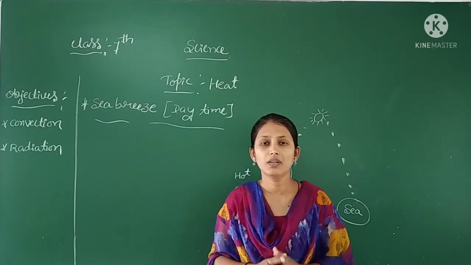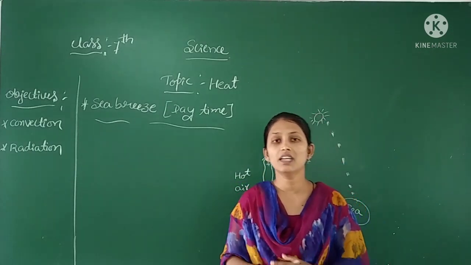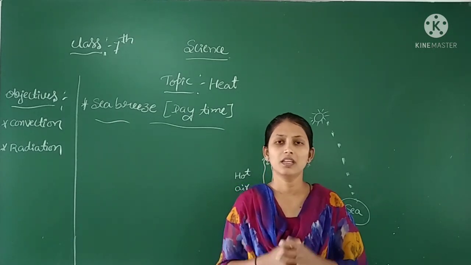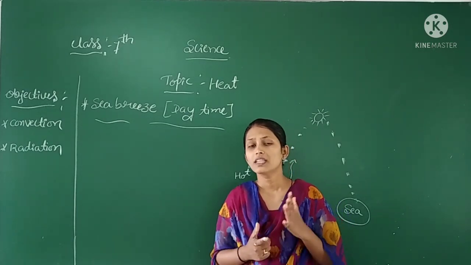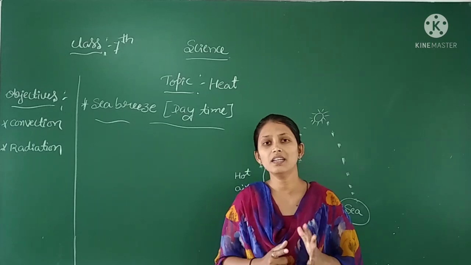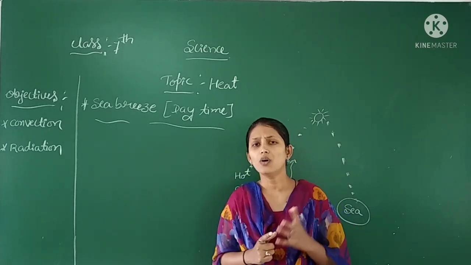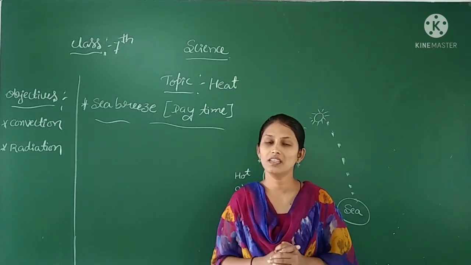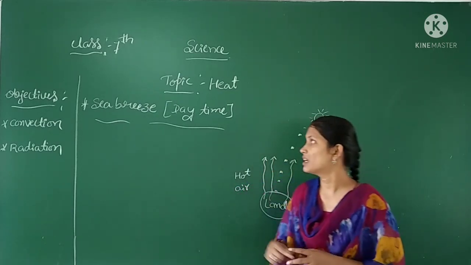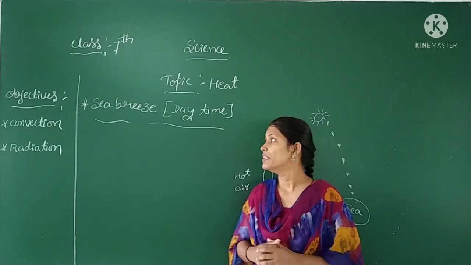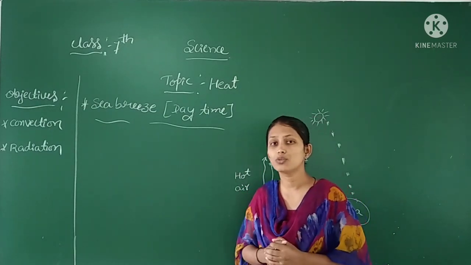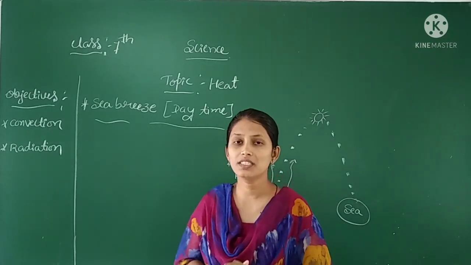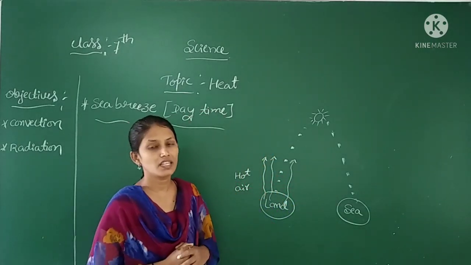See here, the people who are living in the coastal areas experience some interesting phenomena. Which are those? Those are the land breeze and sea breeze. Then how do these phenomena occur? Now let us discuss in detail. The first one is the sea breeze. Here the sea breeze occurs during the daytime. Here what happens during the daytime in the coastal areas?